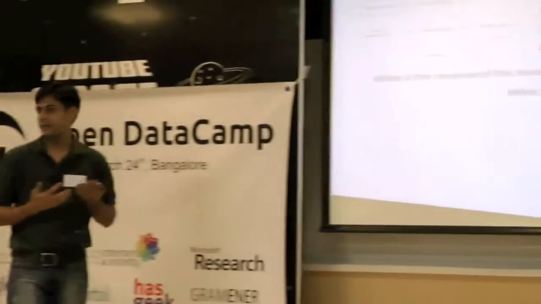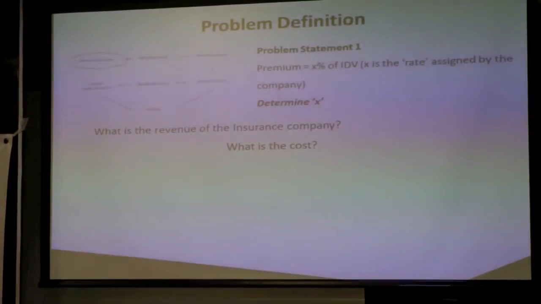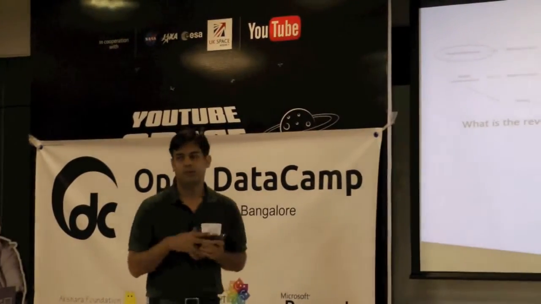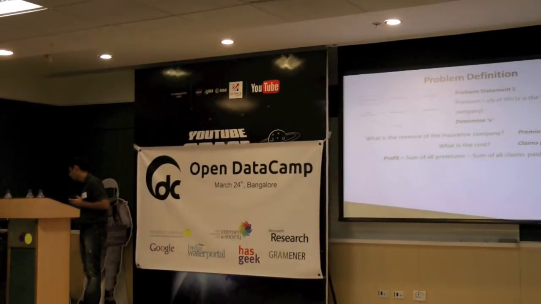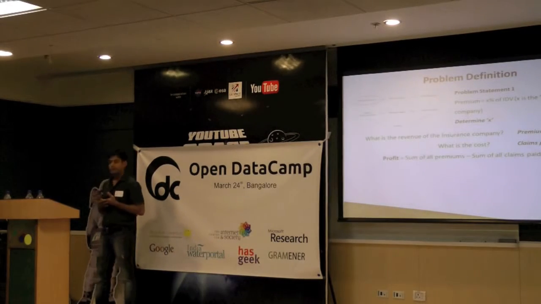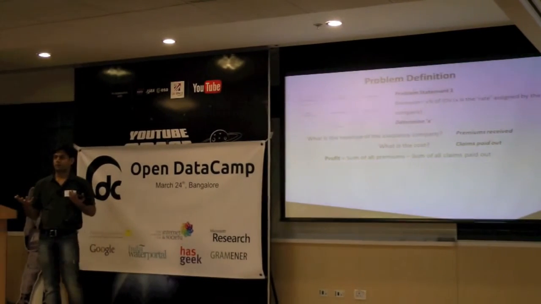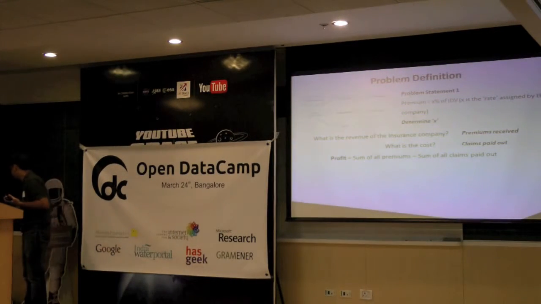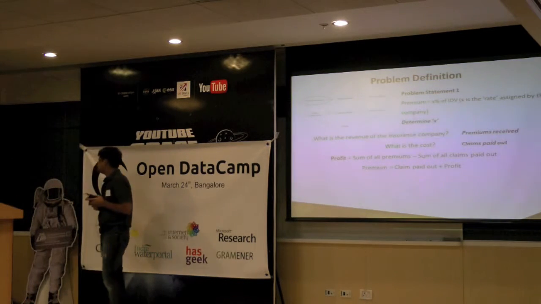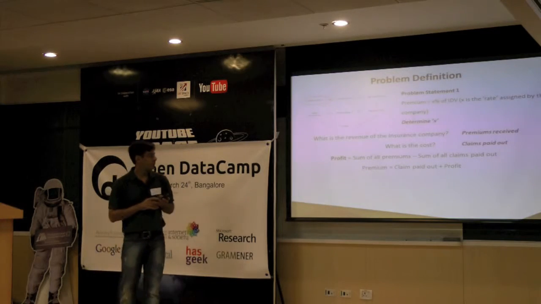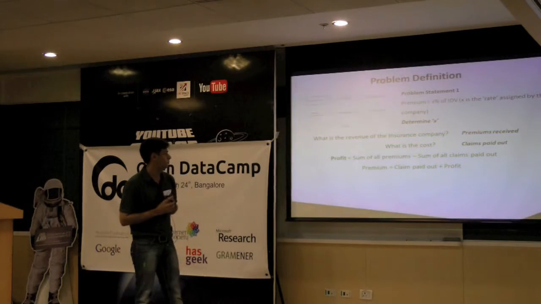There is of course some administrative cost, marketing cost, and all of that. For the purpose of this analysis, we don't need to get into that. We have a very simplified situation where the premium is the revenue and the claims is the cost. Right? And so essentially the profit is the sum of all premiums that the company is receiving minus the claims that they are paying out. Right? And if we manipulate this equation, the premium essentially comes out to be the claim that is paid out plus the profit that you want to keep, right?